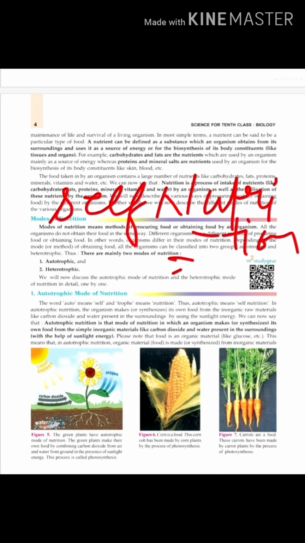So it is also known as the self-nutrition. In autotrophic nutrition, the organism makes its own food from the inorganic raw materials like carbon dioxide and water present in the surroundings by using the sunlight energy. तो हमें इसमें से ये पता लगता है कि प्लांट अपना खाना खुद बनाते हैं इनऑर्गेनिक रॉ मटेरियल से, फोटोसिंथेसिस के थ्रू ये अपना खाना खुद बनाते हैं। बट इन हेटरोट्रॉफिक मोड ऑफ न्यूट्रिशन ये सारा उल्टा है।